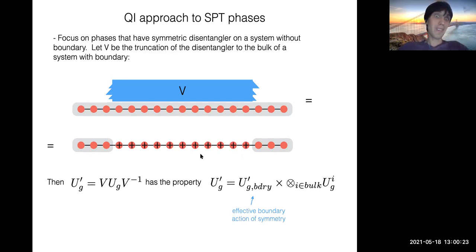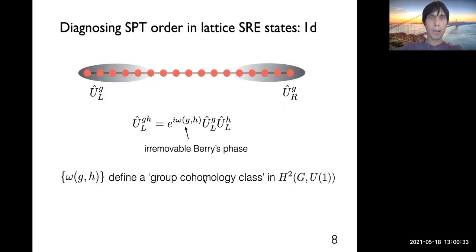So even though you are acting with the global symmetry in the bulk, because the bulk is symmetric anyway, things can just be simulated by acting on the boundary. So there's this notion of effective boundary action of the symmetry, and the properties of this effective boundary action can be used to